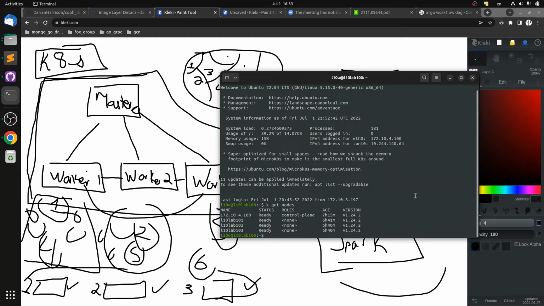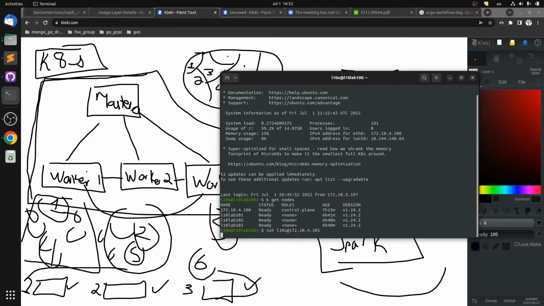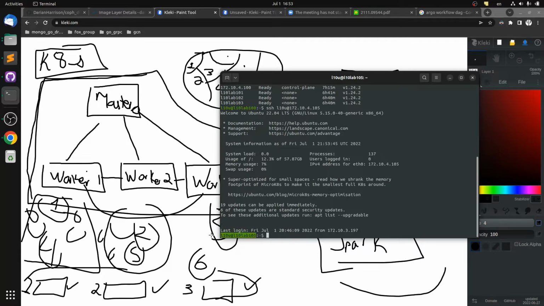So yeah, let's just SSH to worker 5. ssh l10u@172.10.4.105. So this machine right here is going to have our NFS